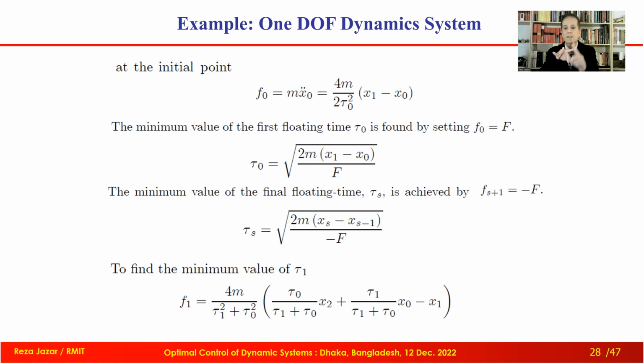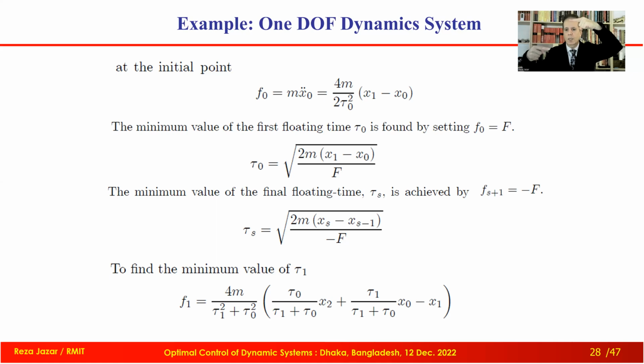So here, there is one f value out of my control. I just substitute one tau from the right-hand side, the other tau from the left-hand side in the equation and calculate the value of force. That force definitely breaks the rule. Why? Because I was forcing the object up to very close to the endpoint, and at the endpoint I have negative f. This time is not enough to decelerate, to brake, to stop there. We need a huge force negatively. So what is going on? That breaks the rule. It is not the solution.